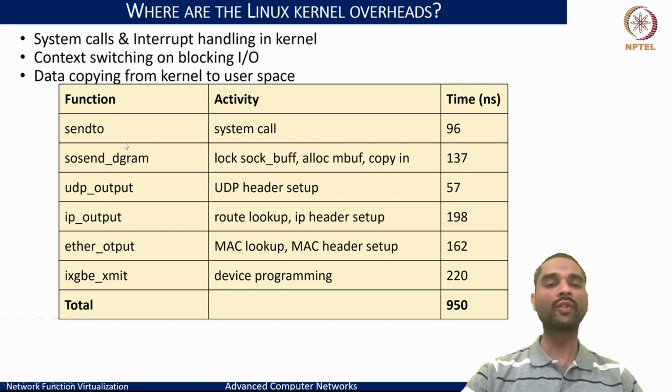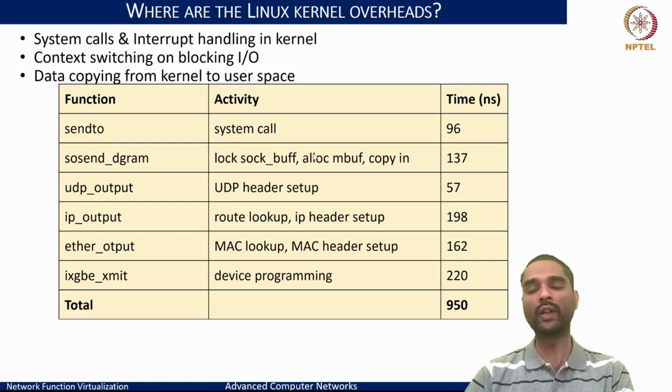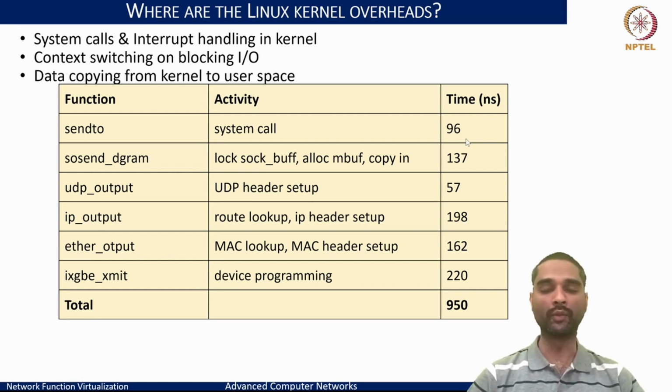So if we analyze these calls, this is a trace on one of the Linux devices, which was done in the lab in early 2014, and we can do that on any of our machines and see how the time would look like. And we can see that the sendto call itself takes around 96 nanoseconds, which is much more than what we said about 67.2 nanoseconds of the budget that we had for per packet processing on a